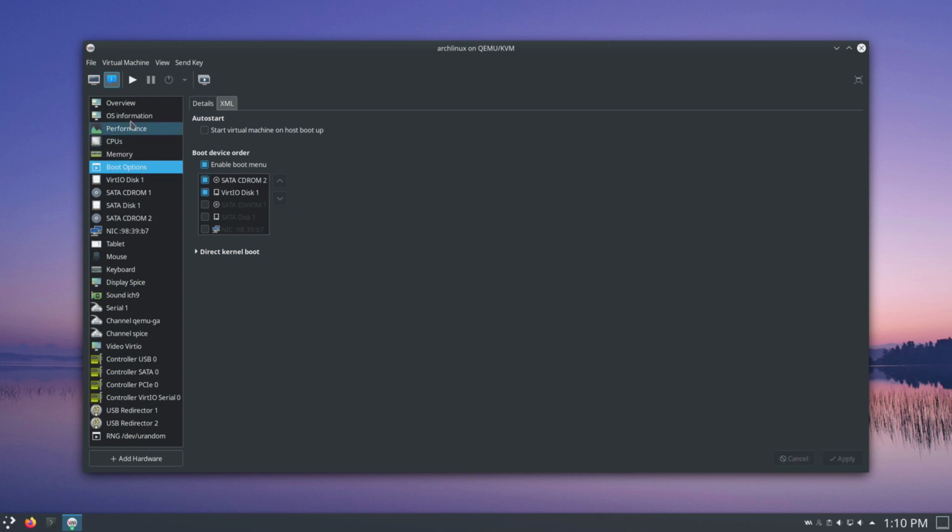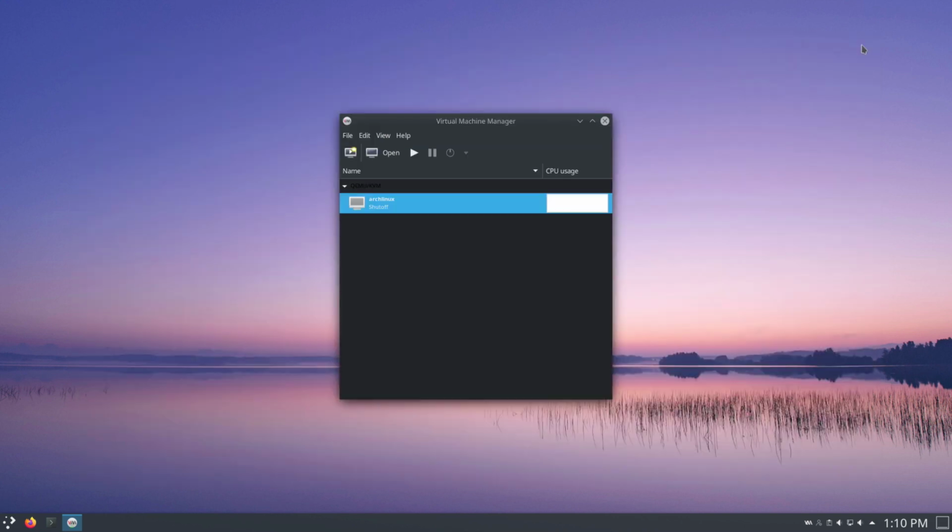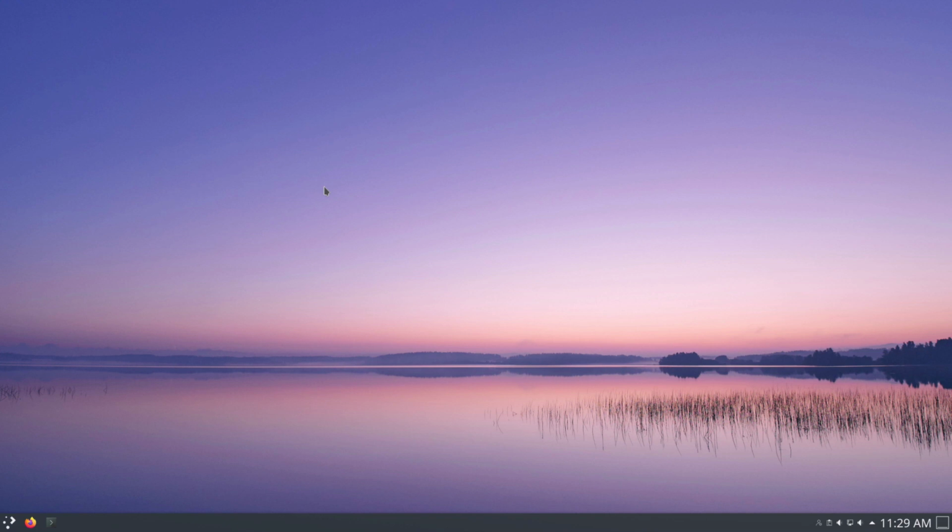And one last thing to keep in mind is when you choose your system at the beginning of the installation. Now we chose, for example, here UEFI, you will not be able to change this. So you cannot switch from UEFI to BIOS or vice versa. You will have to create a new machine. So we can close this up and close Virtual Machine Manager. And so this is a quick overview on how you can install Virtual Machine Manager on Arch Linux.